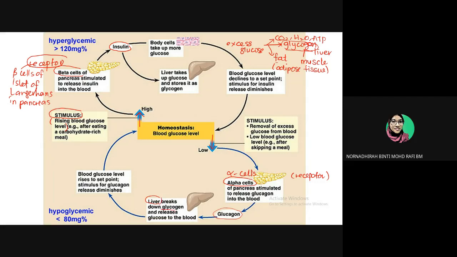In liver, glycogen will be broken down to form glucose. So glycogen akan menjadi glucose. Selain tu apa lagi? Selain glycogen, fat tadi, okay? So dia akan convert pada glucose. Fat, sometimes protein. Okay, protein pun akan convert kepada glucose. Okay, kalau glycogen kepada glucose ni, istilah dia adalah